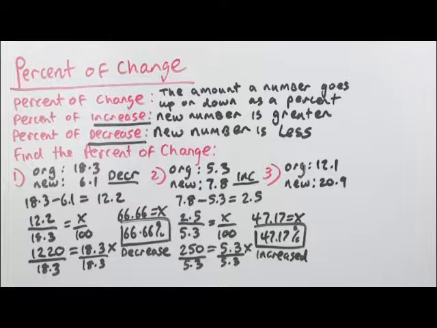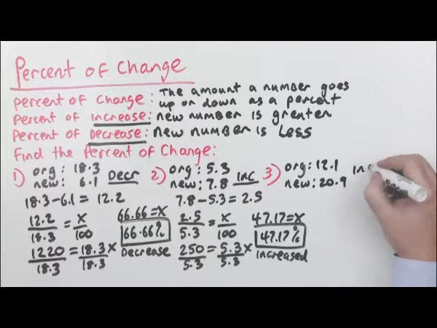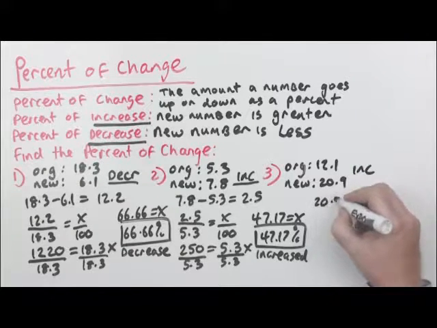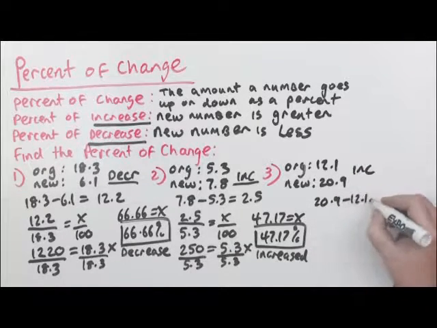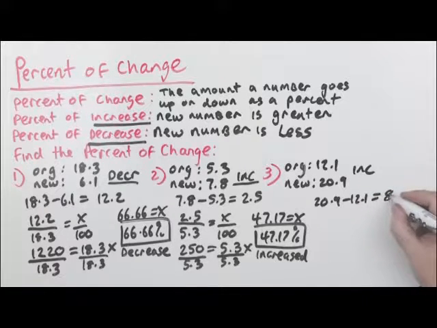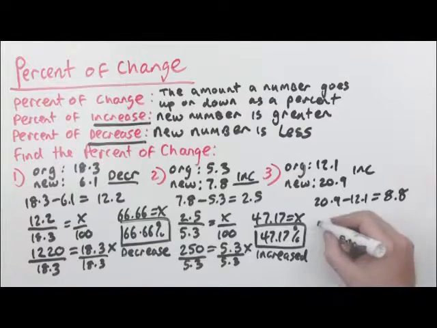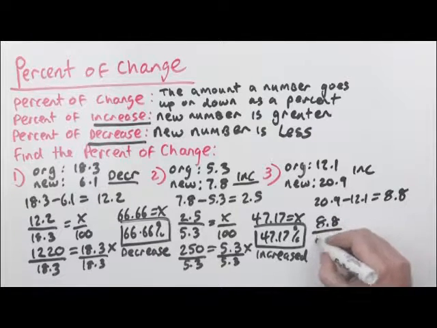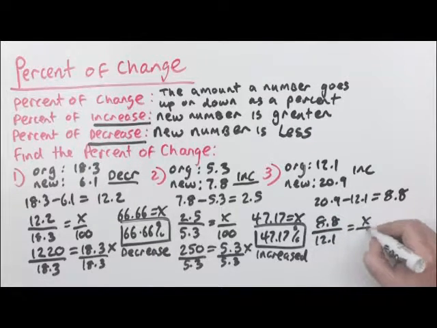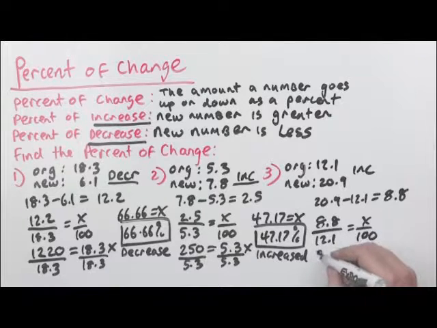The original number is smaller than the new number, so it is an increase. And I'm going to get the difference by subtracting the smaller one from the big one. So the difference in this case is 8.8. See, 8.8 over the original number, which is 12.1, equals x over 100. Cross multiply, 880 equals 12.1x. Divide by 12.1 on both sides, and I get